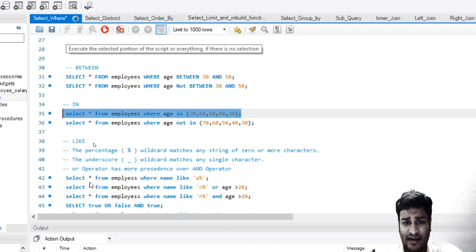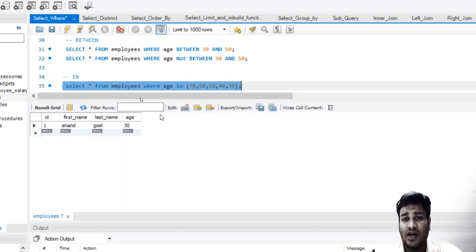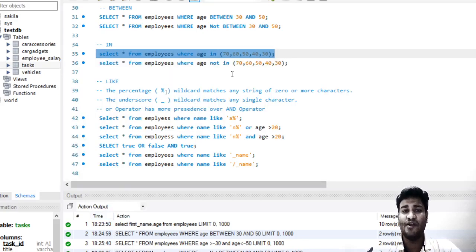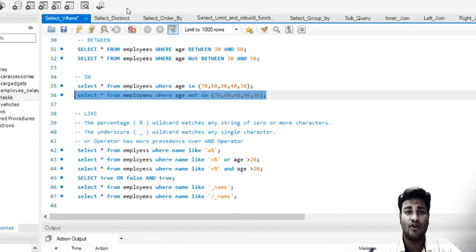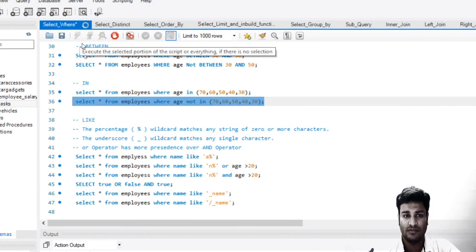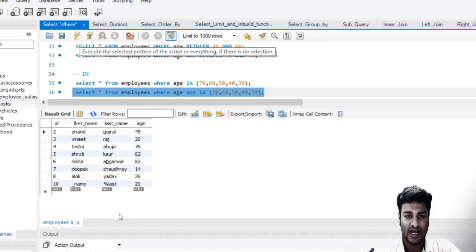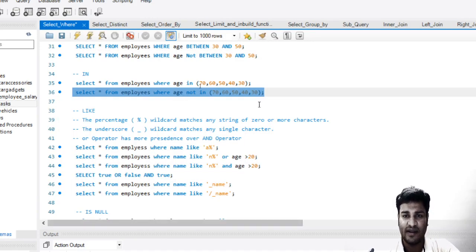So your company is giving some prizes. So I will just go ahead and run it. This will show only those records whose value will be either 30, 40, 50, 60 or 70. Nothing between. They should be exactly 30 or 40 or 50 or 60 or 70. So similarly, you can use not in. All the records which are not in these will be selected. You can see over here all the records except 31 have been selected. Only the first record is not there, which was having 30.